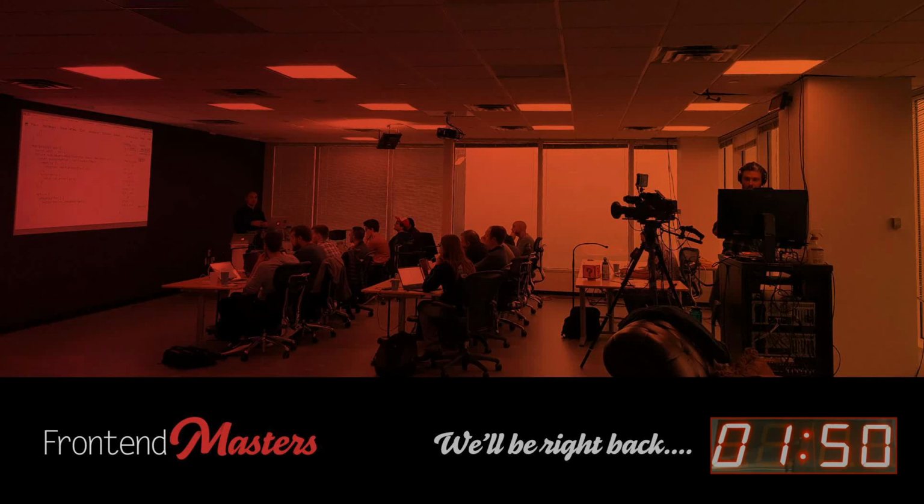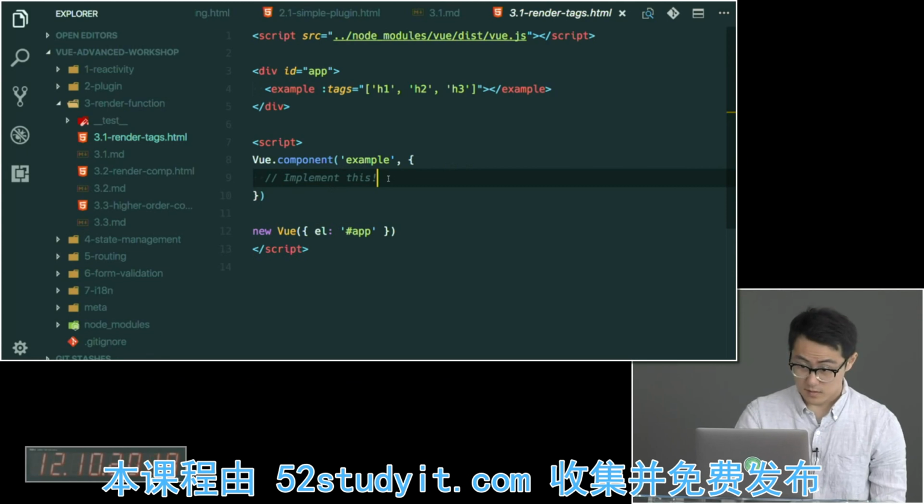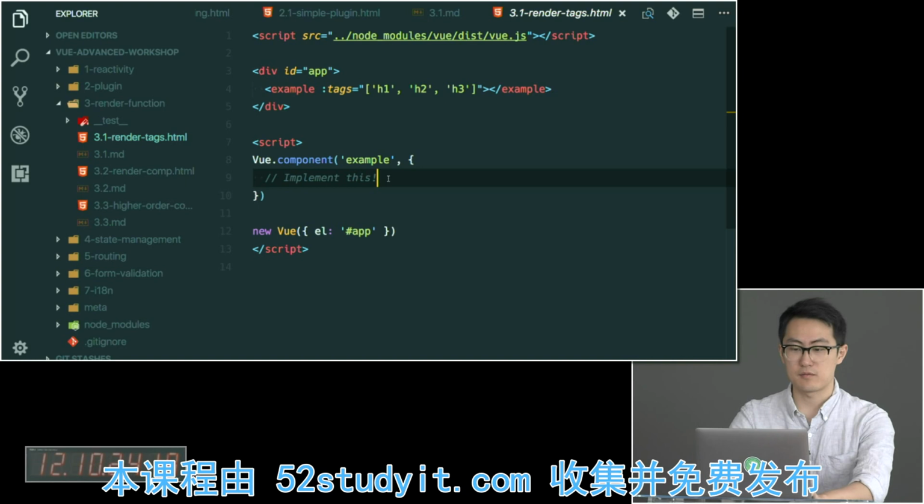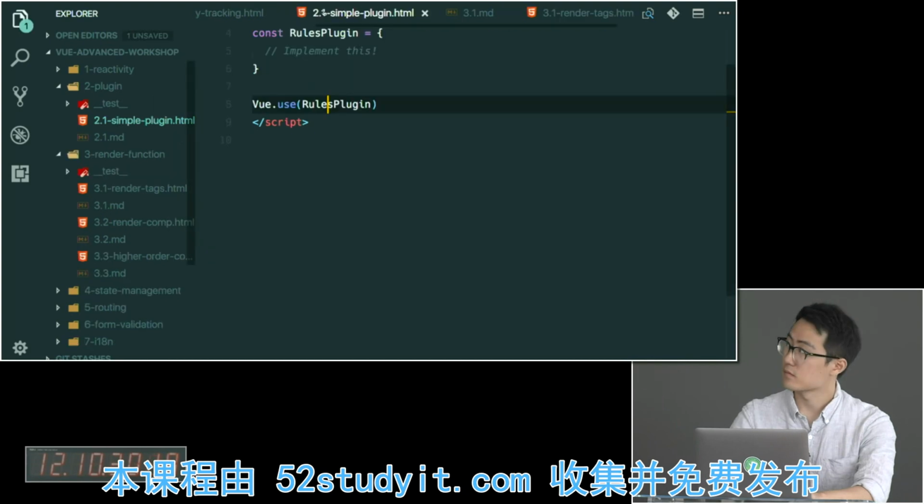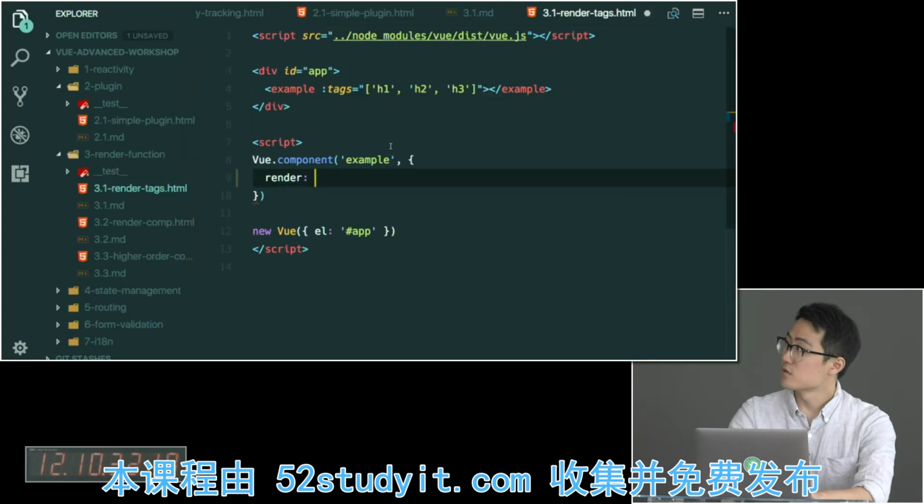Okay, so let's look at it. Some of the common gotchas you might have run into: if you use it like this,